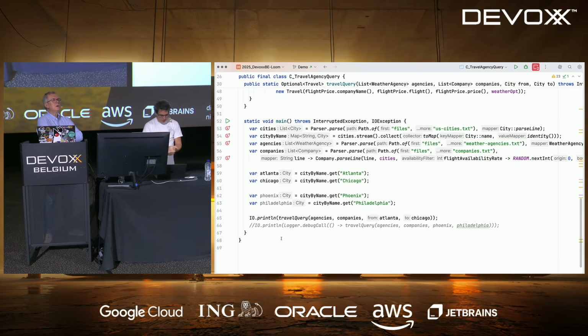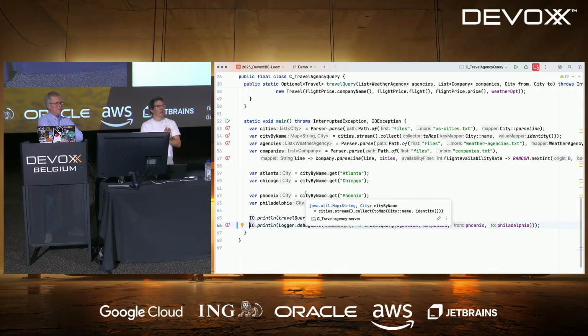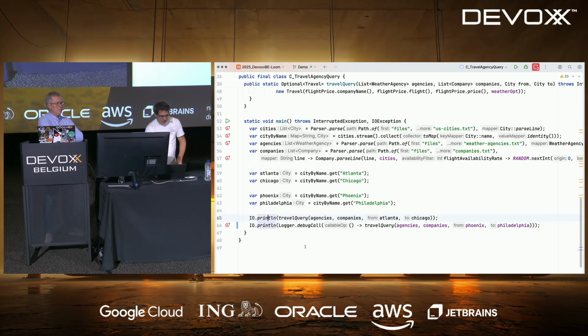Another thing I want to show you is how to do proper debugging. Usually, when you have a debug mode, you either enable the debug mode everywhere in the program, or you have the debugging mode nowhere in the program.